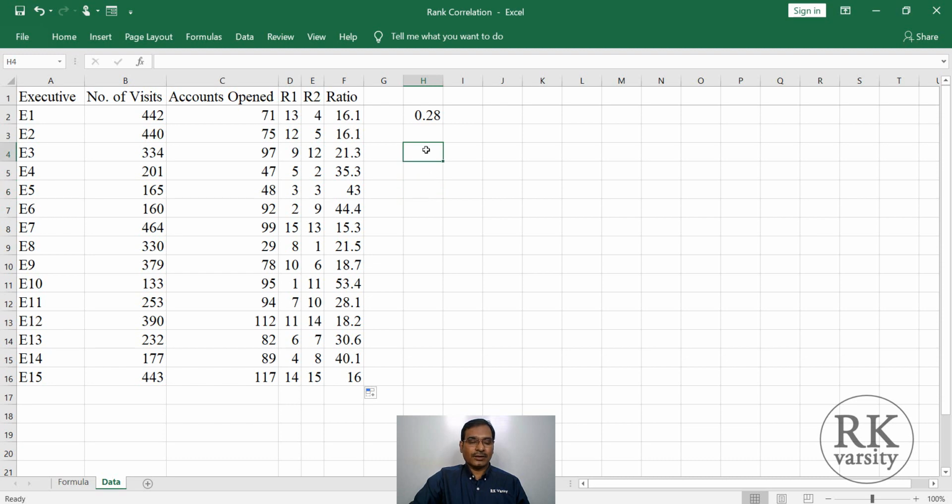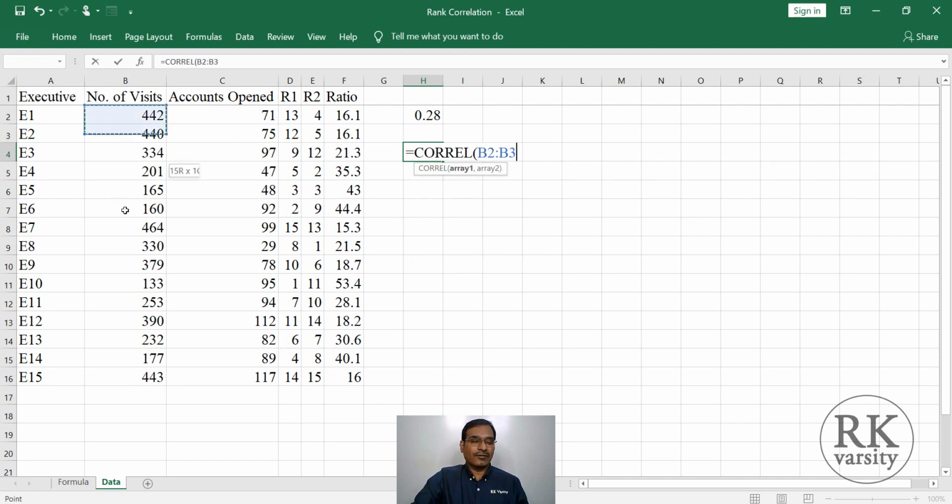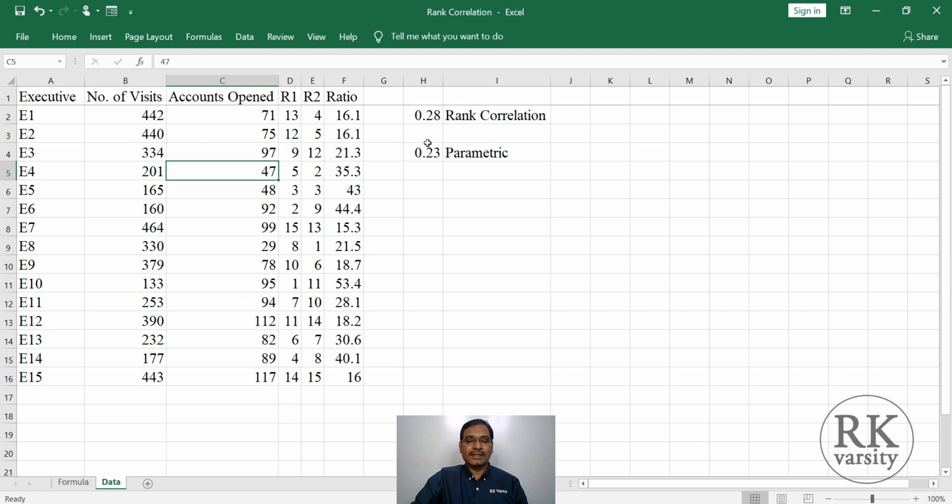If you have to find out normal correlation of parametric data, there also we use the same function. Just we'll see how it is going to work. Equals CORREL on your number of visits, comma, accounts opened. So this is 0.23. Parametric is 0.23. And rank correlation is 0.26. In this kind of situation, it is better to use rank correlation because the data is collected on